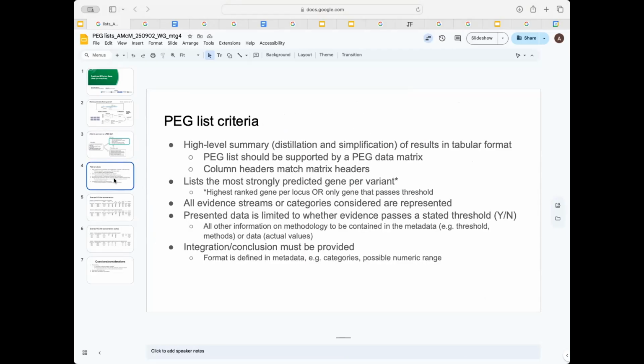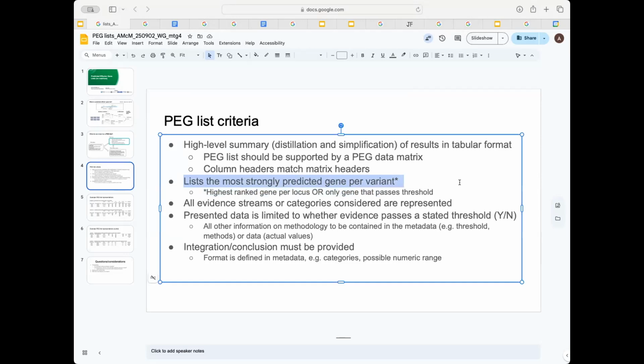So I was just looking at these more detailed criteria for the list, the summary, and this is the key question, I think. The list should include the most strongly predicted genes on the list, but should that be the highest ranked gene per locus, even if it's not particularly high, or only genes that pass a given threshold?